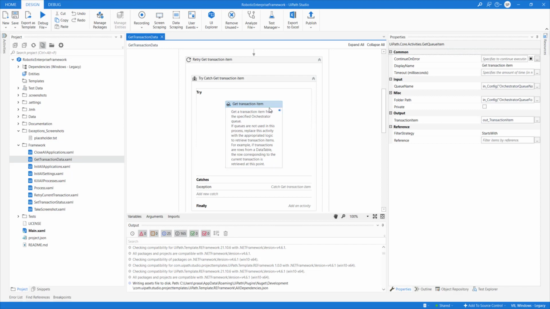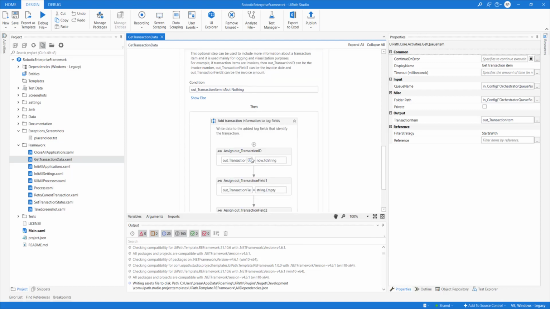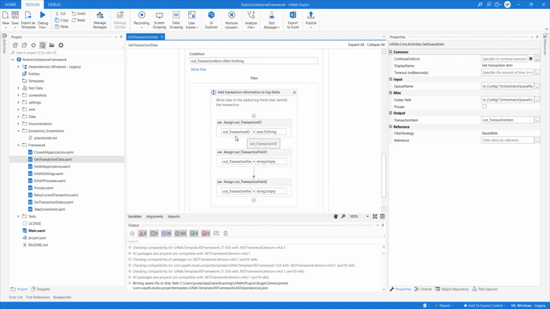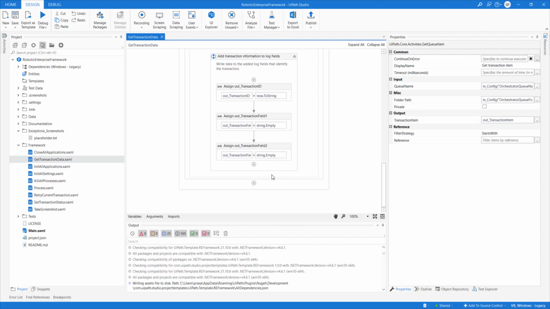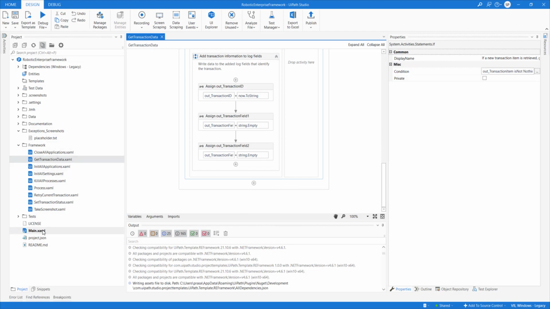Now by default it's supporting queue. So if you want to read data from an Excel file, you need to build your own logic here. It will not work this way, right? For the sake of simplicity, let's continue our example with the queues. I'll showcase how I can read the data that I created in a queue yesterday. So if there is data, then it will print the details of the transaction and add some fields, and all those things, right? And it will move to the next state, like that is shown here.